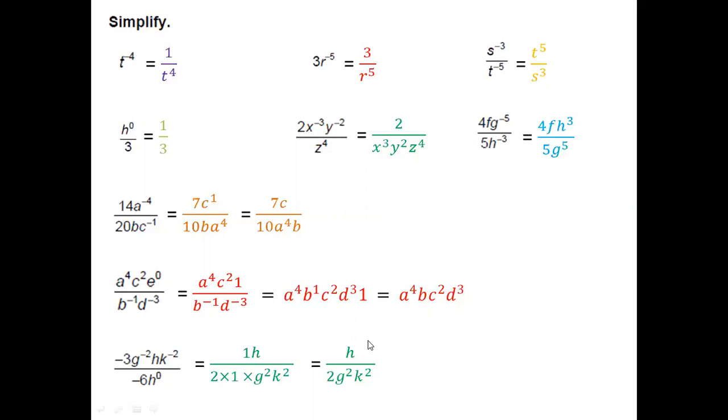Now let's simplify it. 1 multiplied by h will give you an h. As I told you, we don't usually keep the number 1 unless there is nothing in the numerator. If there was no h in the numerator, yes, you have to keep the 1. But here we have 1 multiplied by h, which is h, and we don't put the 1 here. So 2 multiplied by 1 is 2. Then g to the power of 2, k to the power of 2. It's easy, but you have to do it slowly. Yes, you are new to this. I know you are learning something new. As I told you, give some time to yourself and to your mind and brain to absorb the new information, and then try to do it. You will be able to do it.